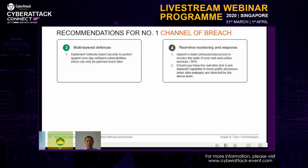Okay. Now, third point, multi-layer defense, right? And that's where we talk about the network defenses. Despite what I mentioned earlier, the firewall is not enough, but the firewall is a cog in the wheel that you can't ignore, and it should form part of the multi-layer defense that you should be proposing for your organization. In this case, one of the key values about layered defense or network-based defenses is that it can perhaps enable you to protect the application that may be vulnerable and may not have any existing patch available for you to fix the hole,